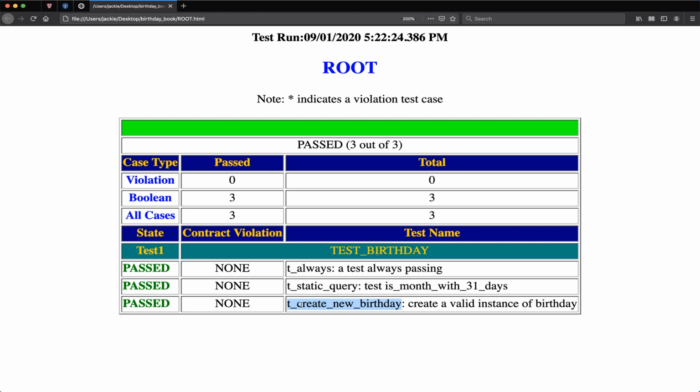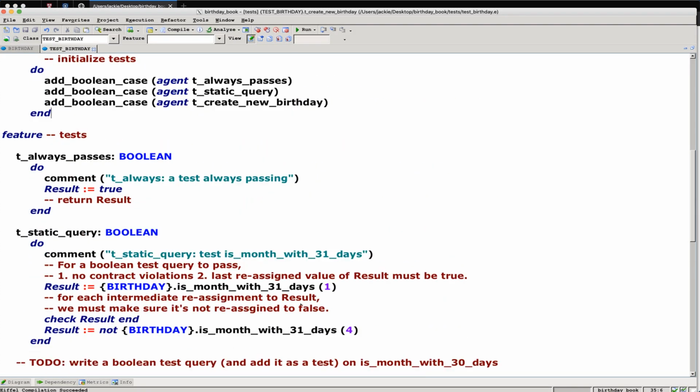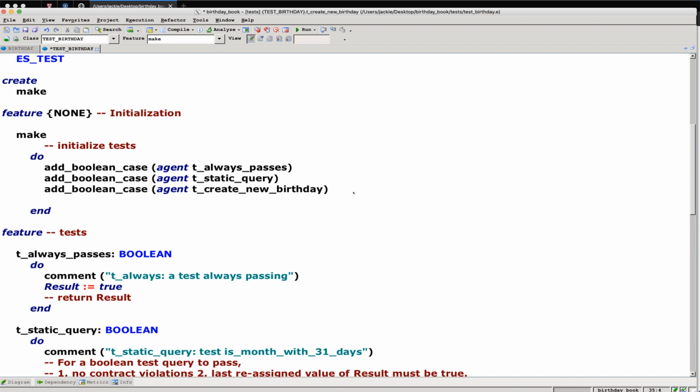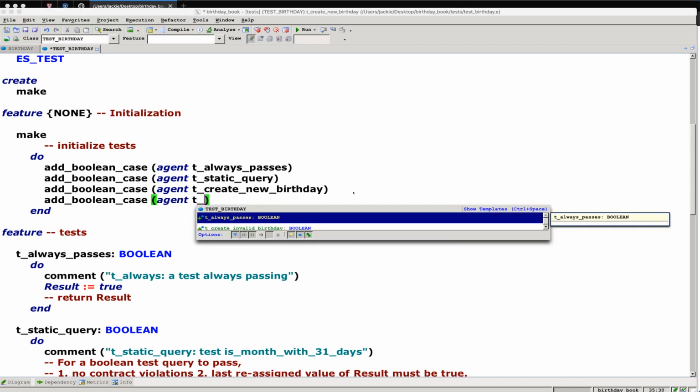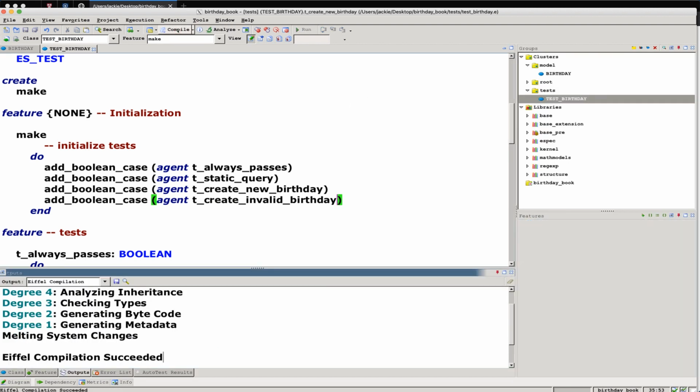What is that? So I did this intentionally because it's a common mistake. You might simply have forgotten to include it over here as a Boolean test case. Please don't forget. If you didn't do it, it wouldn't be included for execution in the test cases. So what I would do is say add Boolean case over here, and then say agent t, and then creates invalid birthday. Okay, just make sure you include it in the test case execution, and then make sure you compile, and then